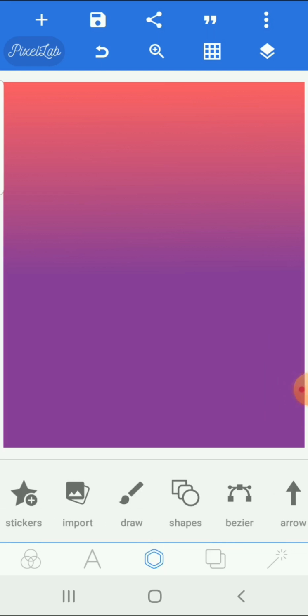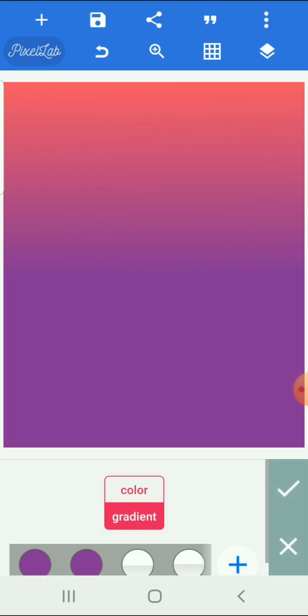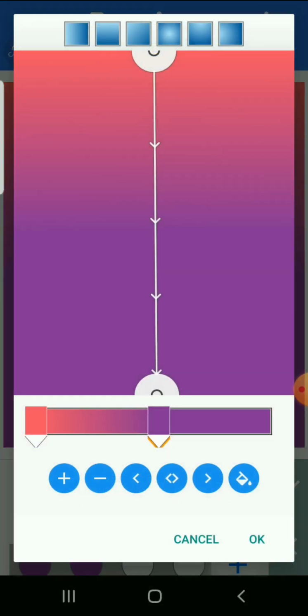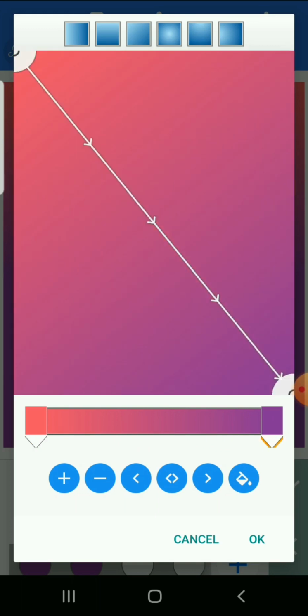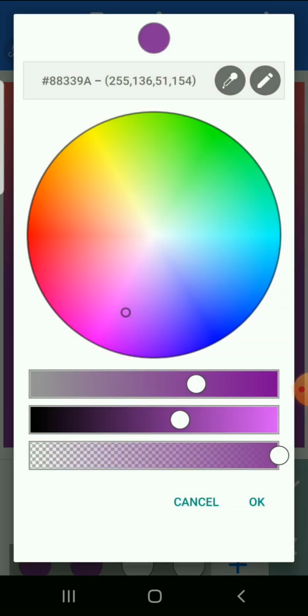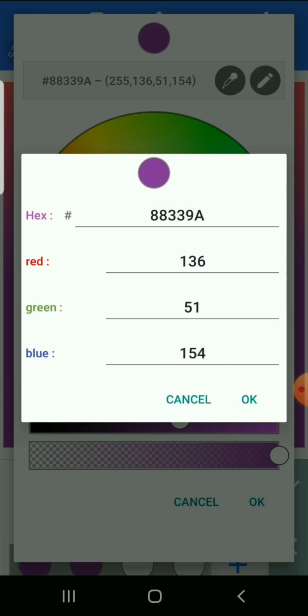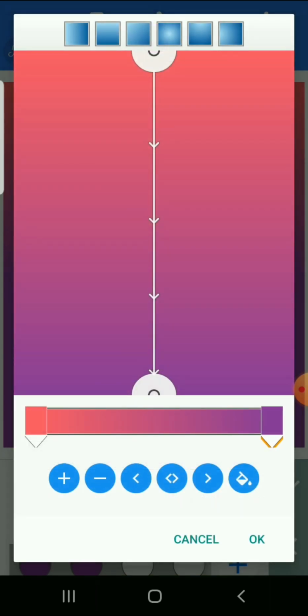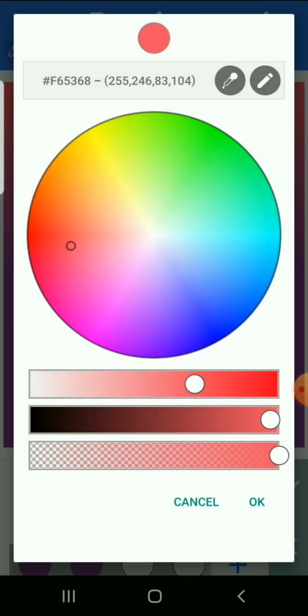Next thing we're going to do is this color panel I used. You click here, you go to color, and you see I'm currently on gradient, so I want to show you how I did the gradient. Click here. If you come to your own, it's going to be like this. This is the panel you are going to use, the second one here, then click on this. I want to show you the color code. I've shown you how to do this several times. When you click here, see the color code here, 88339A. That's what we have here. Then you come to this place, the color code here is